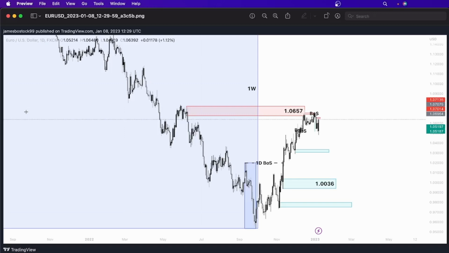So starting off here on the euro to the US dollar. Now I've started off here on the 1 day time frame just to remind ourselves of that higher time frame bias, and obviously we understand, as we can see by this 1 day break of structure, we have recently invalidated the fractal bearishness that we can see within this. So we've invalidated that, which means that we are creating the impulsive wave. Obviously, in the scheme of the 1 week time frame, this entire move was seen as one impulse lower.